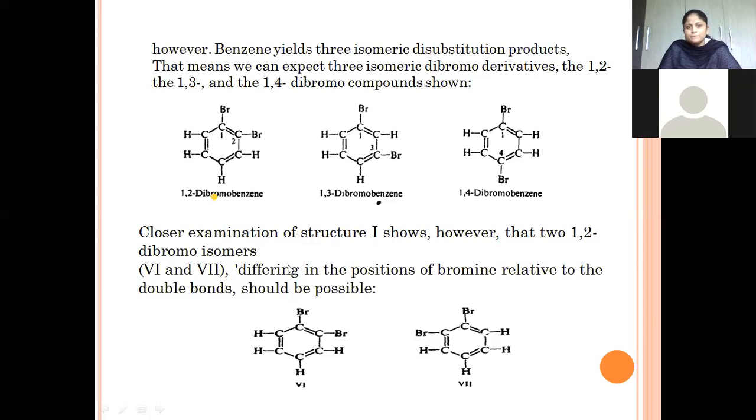is different. So close examination of structure 1 shows 2 1,2-dibromo isomers, that is 6th and 7th. So these are the two isomers given by benzene, which differ in the positions of bromine relative to the double bond. So this can be possible when benzene undergoes a di-substitution reaction. So he described that